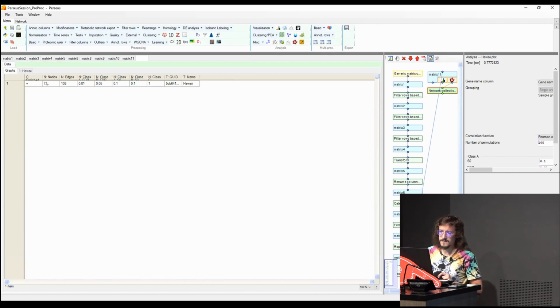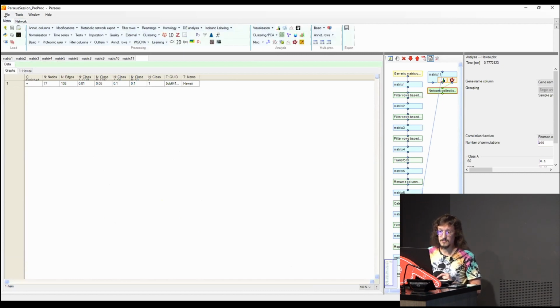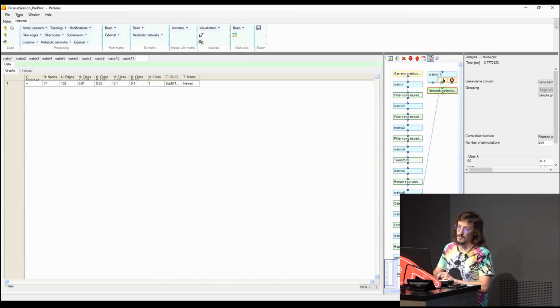And now you see it changed color. We have to go here now. In Perseus, we right now have two possible sets of functions, and we hope in the future to make more. One set of functions works with matrices, the other one with networks.